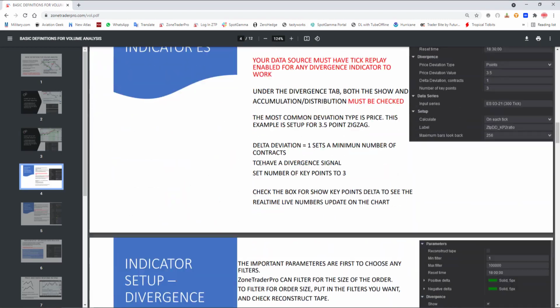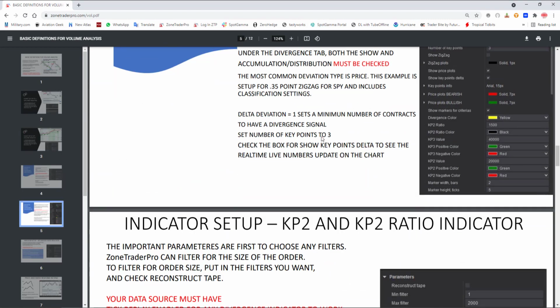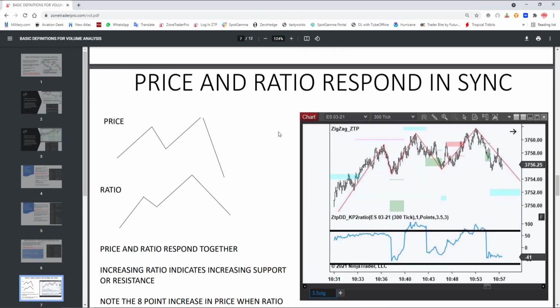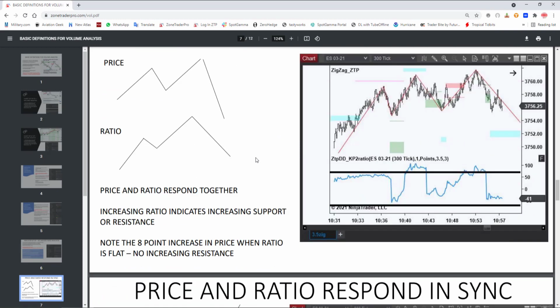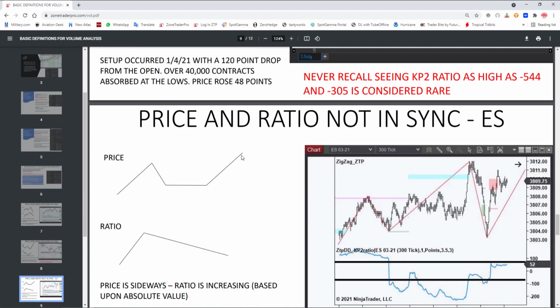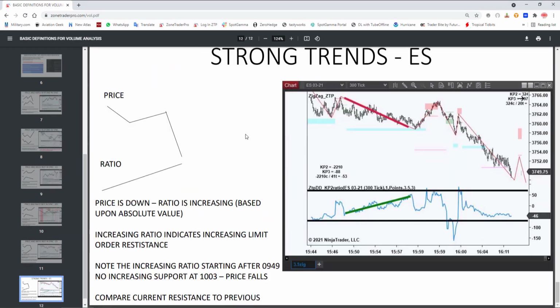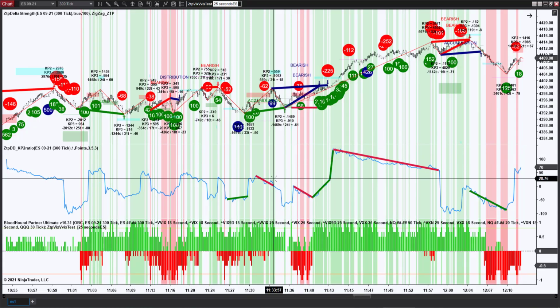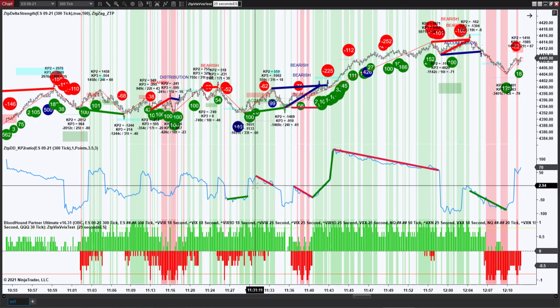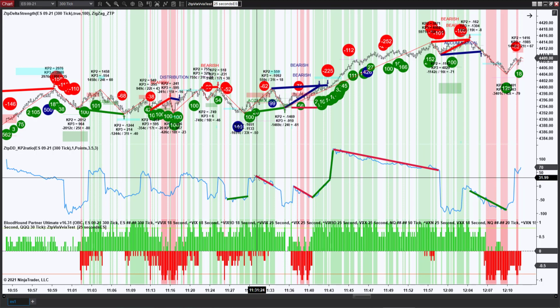I tell you how I set up the charts, show you all the indicators, and then we talk about when price and ratio are in sync, when they're not, and when we are in strong trends. If you have the software, it's very informative to be studying this so that you can understand what the KP2 ratio is telling us. So if we go back to our ES chart,